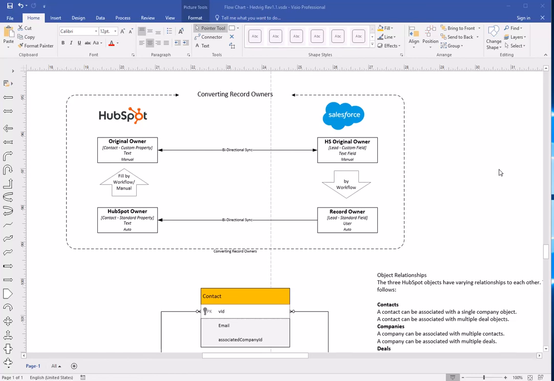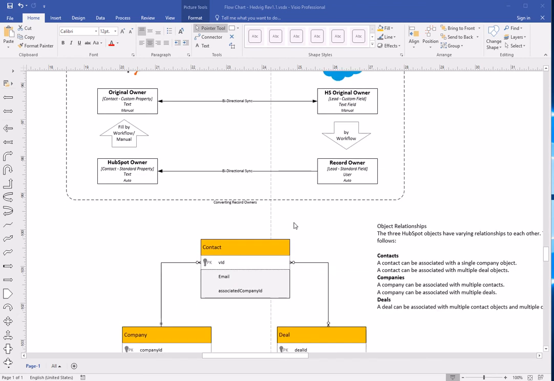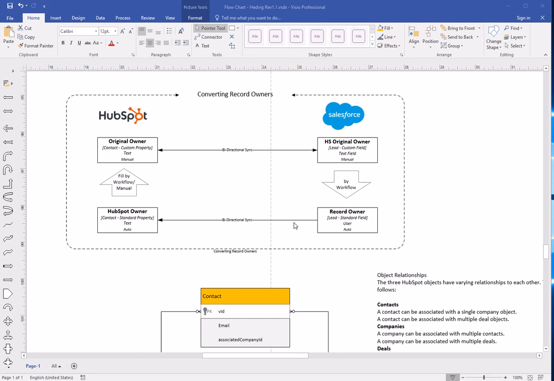Hello, in this video I'm going to explain how we can maintain the record owners between HubSpot and Salesforce. Many HubSpot users may have found that the record owners have been changed after they sync HubSpot to Salesforce, and there might be different reasons for that, but